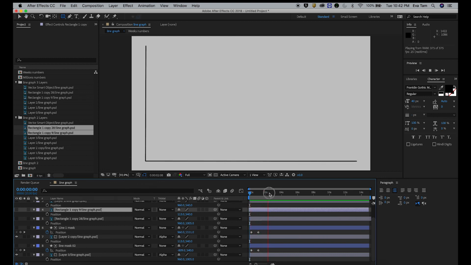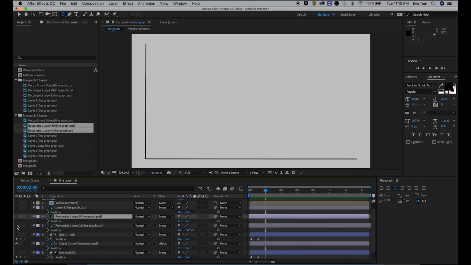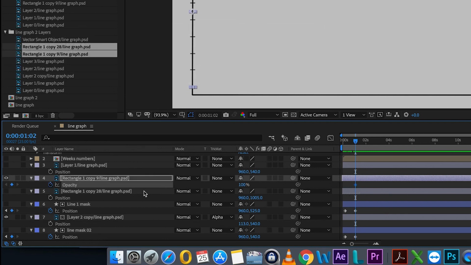And then you do it again with other lines, which I'm going to show you. Okay, so now we have to continue with other ones. So the next one we're going to work on are the lines. So let's do this one first. I'm just going to have it fade to make things easy. So to fade, you're going to go T for opacity. I don't know why it's T, but that's just the way it is. So around here, my opacity is 0. And then here, I'm going to do 100.